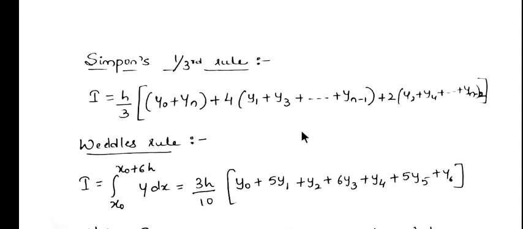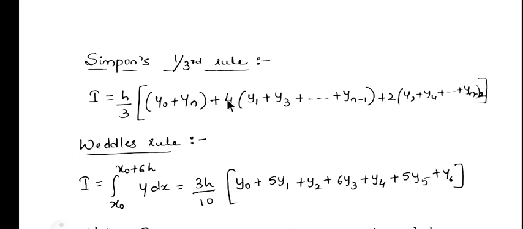Everyone. Today we look into the last concept of this module, that is Simpson's 1/3 rule and Weddle's rule. The derivation is not there for your syllabus, you only need to remember the formula. Now what is Simpson's 1/3 rule? That is I is equal to h by 3 of, bracket, y0 plus yn, the first term and the